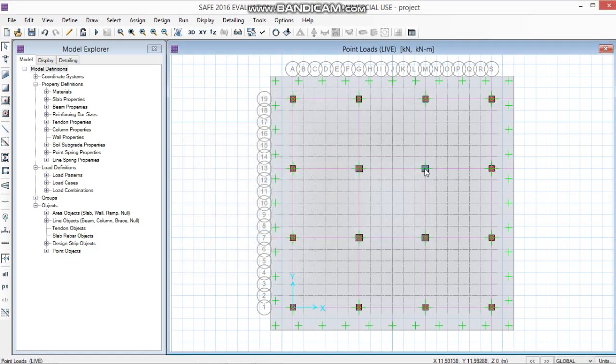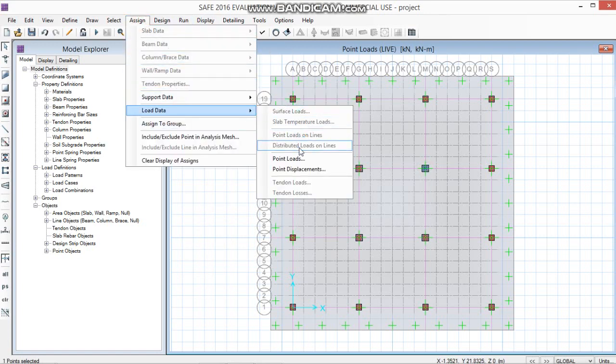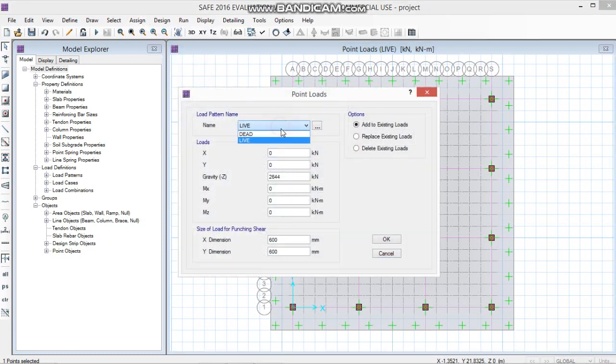Now go for the last column and assign the dead load values. Click on Dead, put the value of dead load as 5191.3. Click on OK.